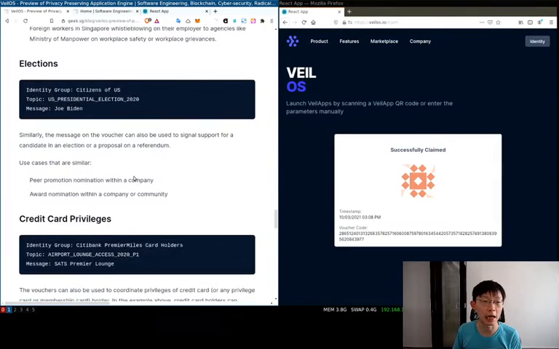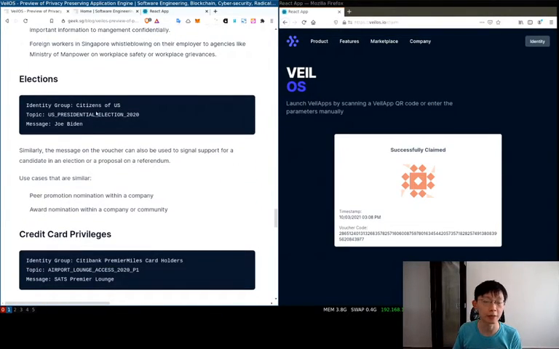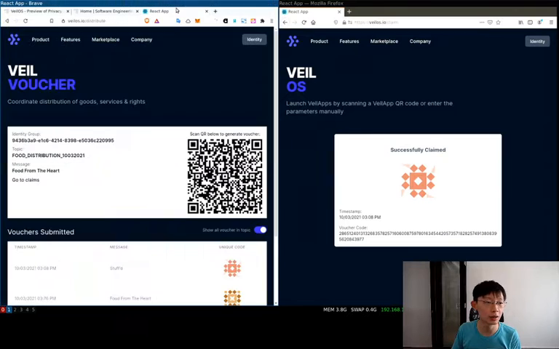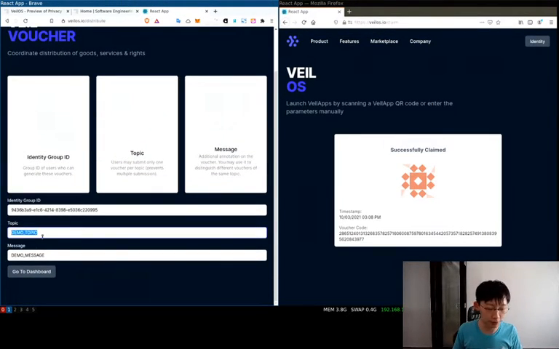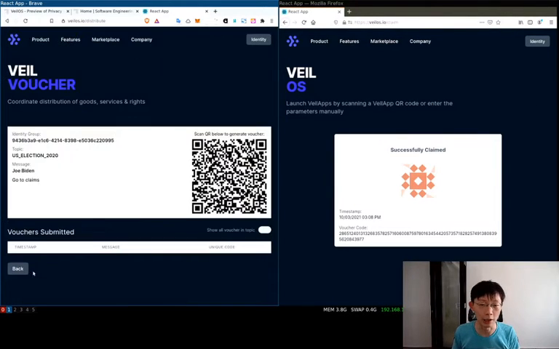So in the article, I also discussed that we can use this application for various types of scenarios. First is elections. Basically, if I create an ad, I can say this is US Election 2020, and you have two QR codes. One is maybe Joe Biden, and another Donald Trump. And when I scan this and vote, what happens is that I will be able to see that this